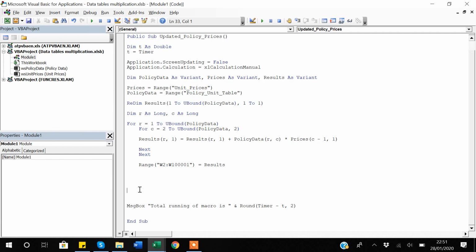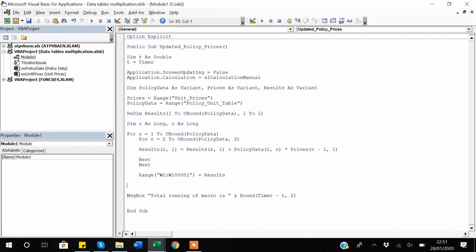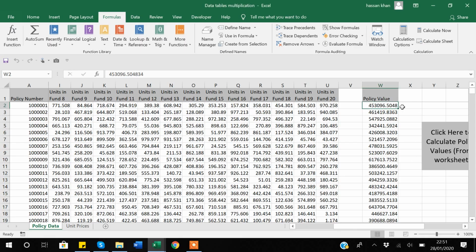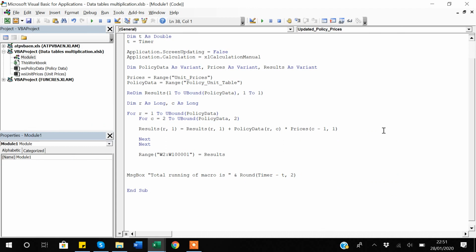Before ending this video, I will quickly create another macro which will allow us to clear the policy values, if you want to clear them. I will again create a public sub. Public means that you can call this sub in any other module too. Suppose I call it del, just randomly giving it a name, and then I will be saying